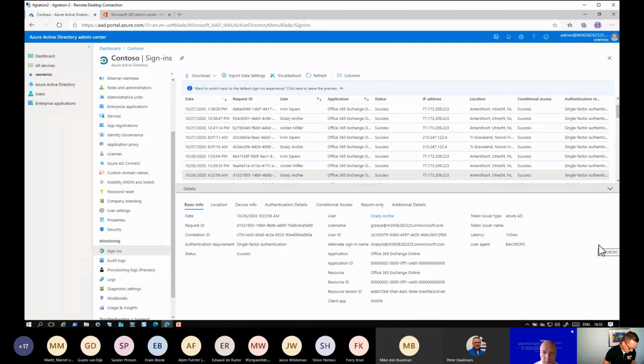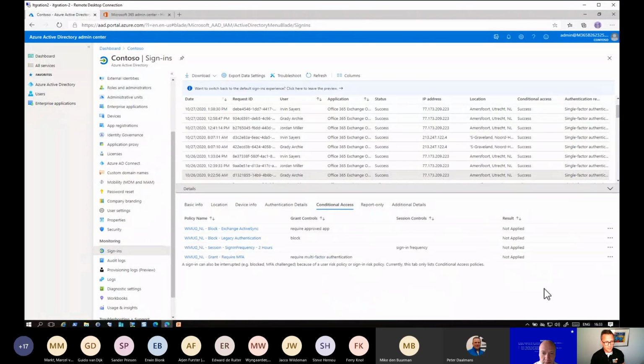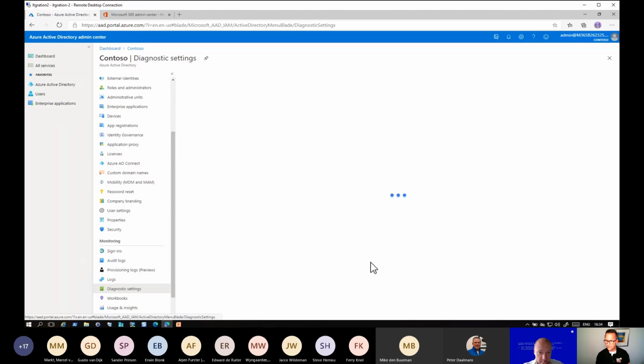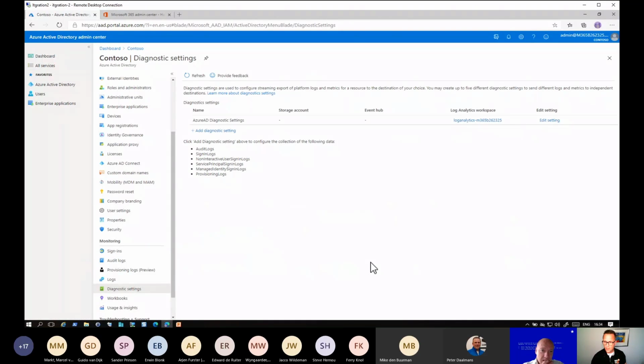So what we can see here maybe is, well, he's not blocked by any conditional access policy, so that doesn't make sense here. And what we can do in order to get more grips on what conditional access policy is that we can actually forward this Azure AD logging to a log analytics workspace. I configured that as well, created a log analytics workspace within my tenant, and therefore within the log analytics workspace,